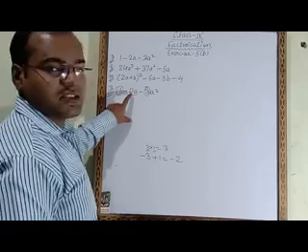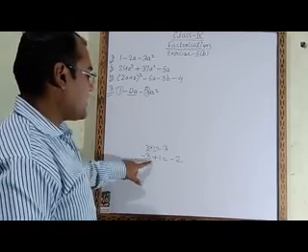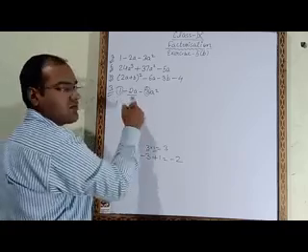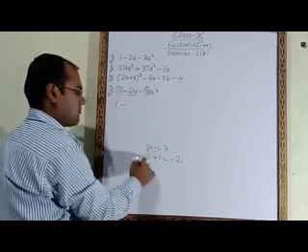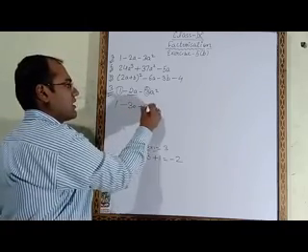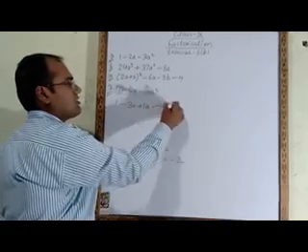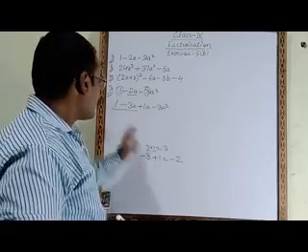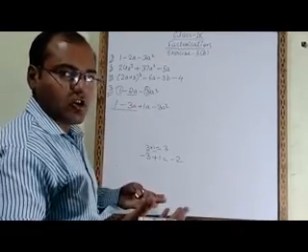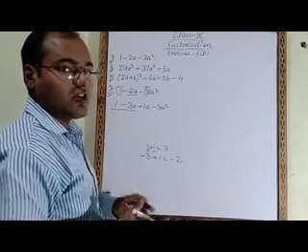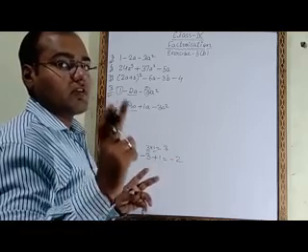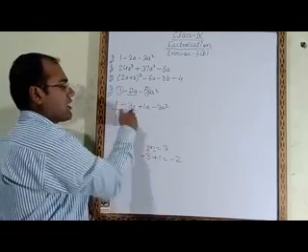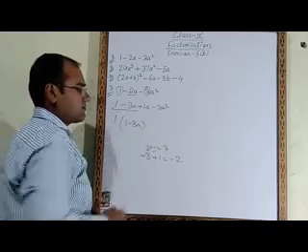So we have to split this minus 2a into minus 3a plus 1a. The first term will remain as it is. This minus 2a we change, and instead of minus 2a we take minus 3a plus 1a, and this minus 3a square also remains as it is. Now from the first two terms we will take common. Here it is 1 and here it is 3a. Nothing is common, so in such a case, if nothing is common, we have to take 1 common. For 1, you have to write the same thing inside the bracket.